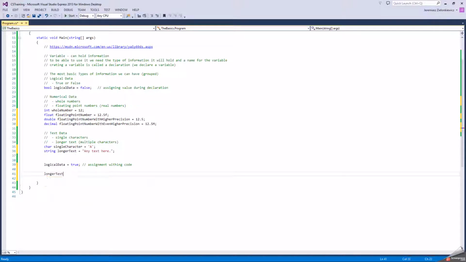So longer text is equal, and now I'm assigning a value within code. The trick is to put an @ sign before the quotation signs, and now I can put any text here and just go on, and I'll put a tab here and put like 3 tabs here, so that you'll see in a moment that these are also